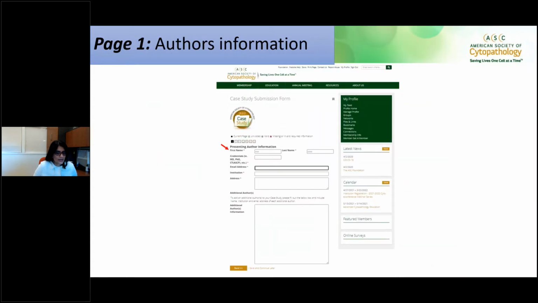And now you're on page 1, which has presenting authors information, starting with first name, last name, credentials, email address, institution, and address. Then enter and add an additional author or authors. Please fill out a box below and include name, institution, email address of each author. Please note that there is no number limit to add additional authors, and you can add as many as you